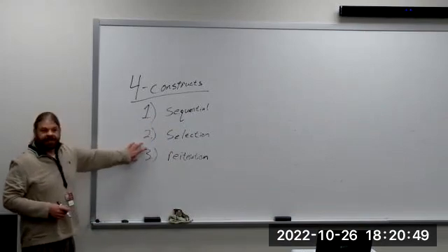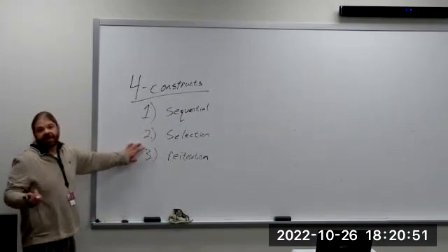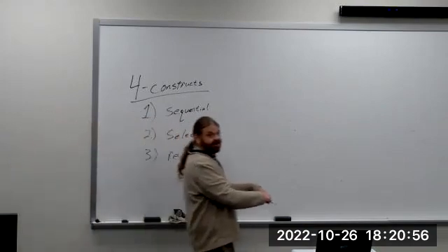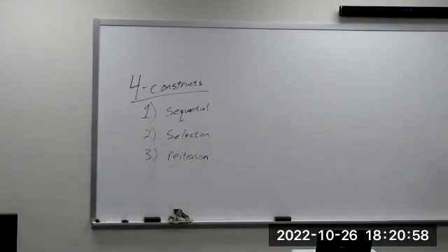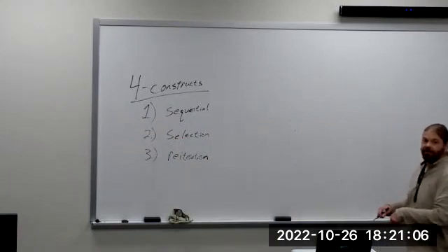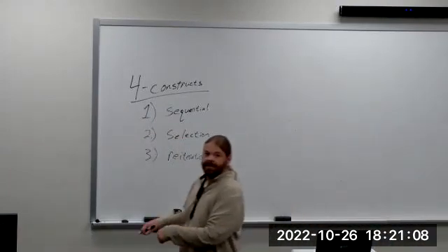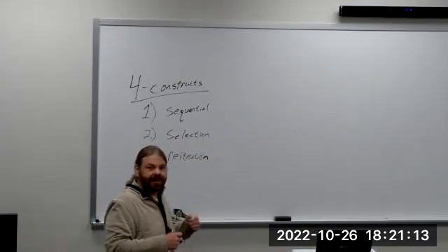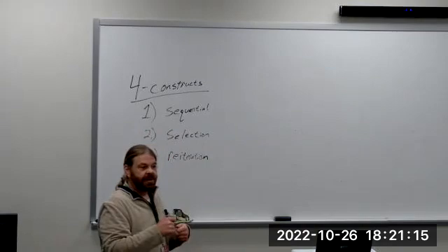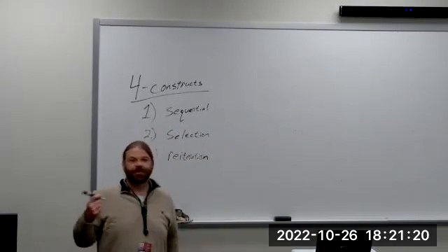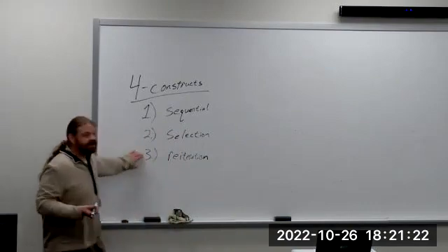I'm going to use reiteration for repetition with variance. So like mowing a yard, we're going to push the mower across the yard, get a strip mowed, but then we want to turn around and move over so that we mow the next strip. And then turn around and move over. So we're kind of repeating, there's that repetition, we're mowing a strip, but it varies each time we move over and turn around so that we're not mowing the same strip. That's how I'm going to use the reiteration